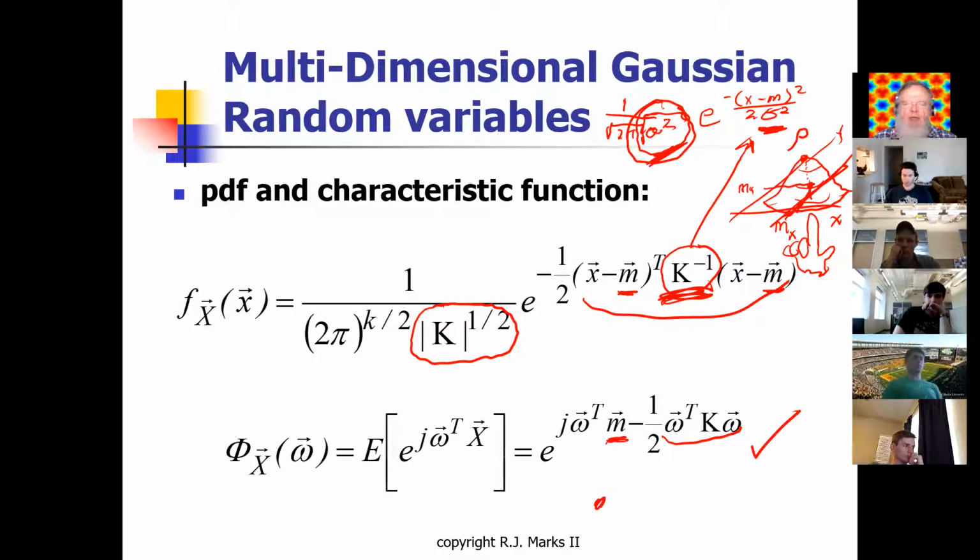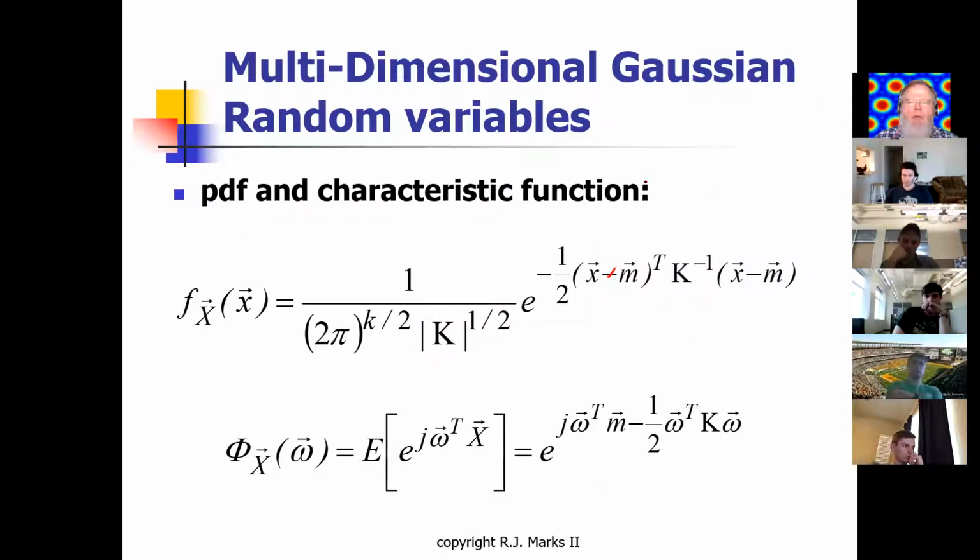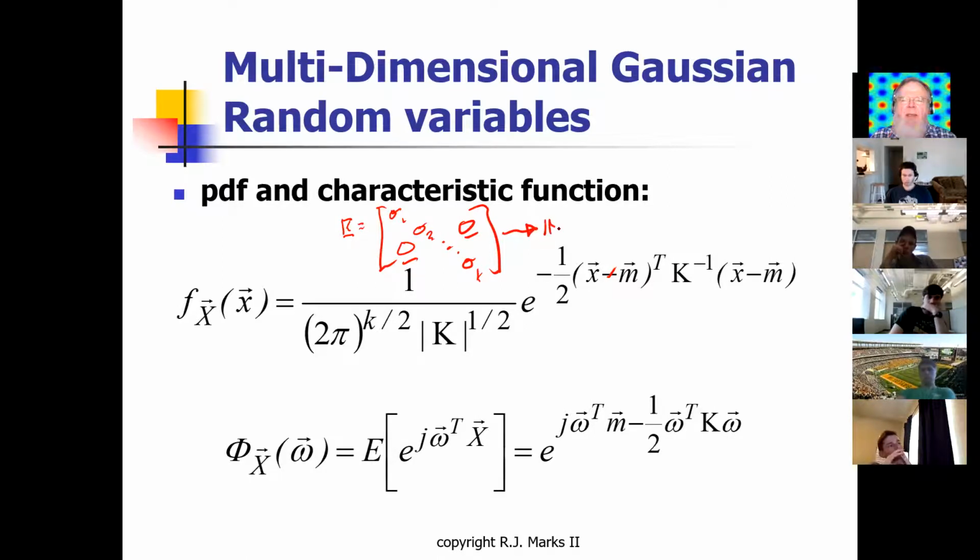It turns out that if you did assume that K is equal to sigma 1, sigma 2, sigma K, with 0 on both sides, then what does that tell you? It tells you there's no cross variances. And if we have this diagonal matrix, then all of the elements in the Gaussian random variable are independent of each other.